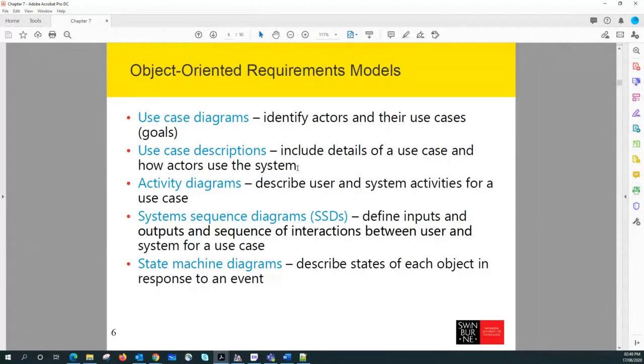Who are the other stakeholders? What are any preconditions involved in the use case? What are the postconditions, right? Are there any other logic or exception conditions involved, etc.? So there is a lot of information that can be integrated into the use case description, because the use case description actually is